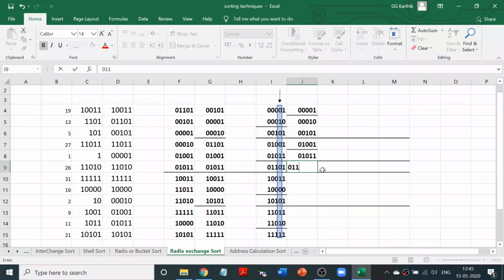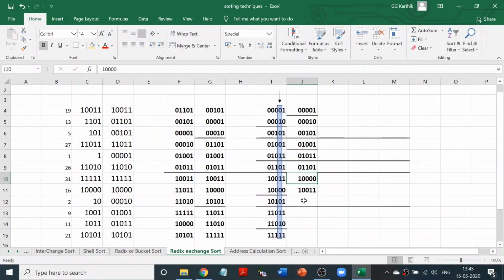So 0 1 1 0 1, that's it. It is going to be a zero list, but never mind, we're not going to draw any line there because there is only one number. Here you have two digits, so you have 1 and 0. So here you have to first write 0 and then write 1. Okay, 0 I have written, this is the one I am writing. So zeros on top, 1 below.